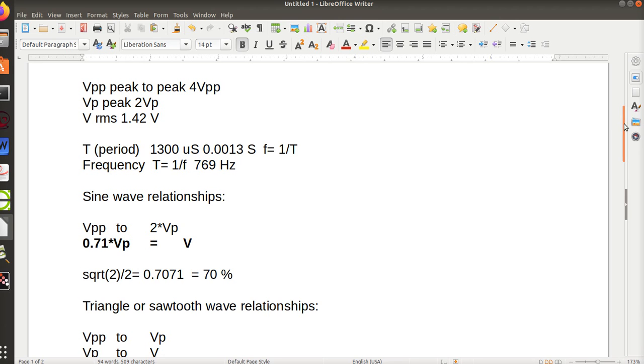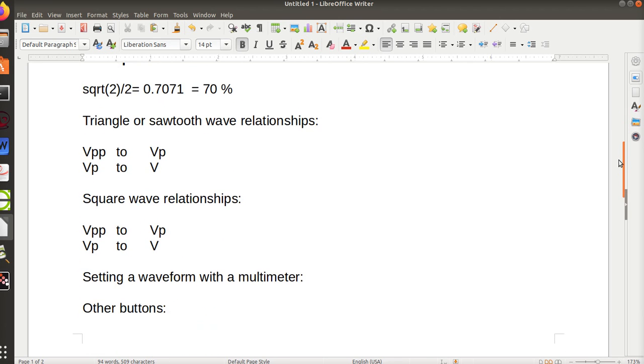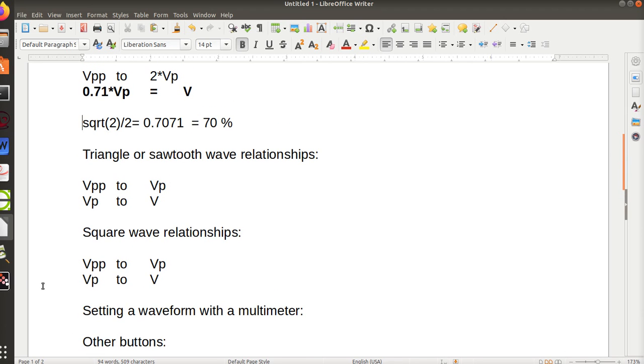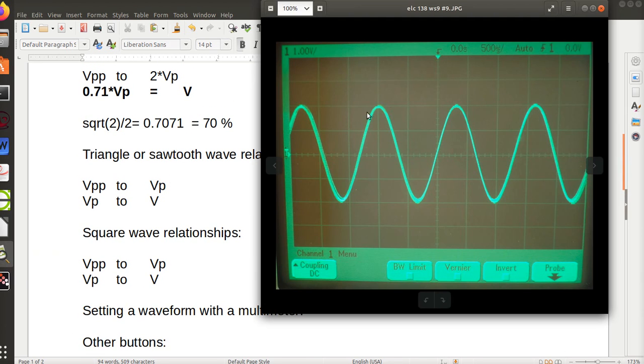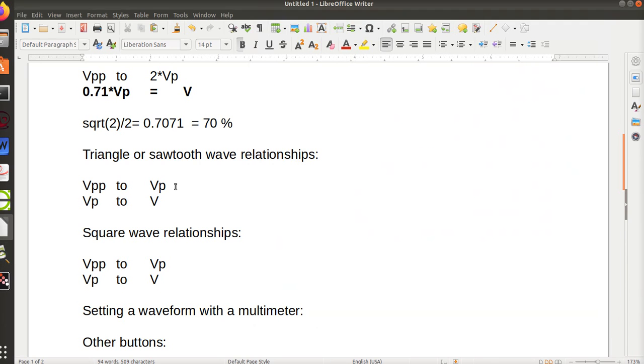Okay, now move down to what we call a sawtooth or a triangle waveform. Well, a sawtooth waveform is not going to have as much voltage as this sine wave. It's going to be nice, pointy, and square. And so we actually lose a little bit when we go from VP to V. So the relationship holds, just like up here. My VPP is equal to 2 times my VP. But my VP compared to my V is now 0.5